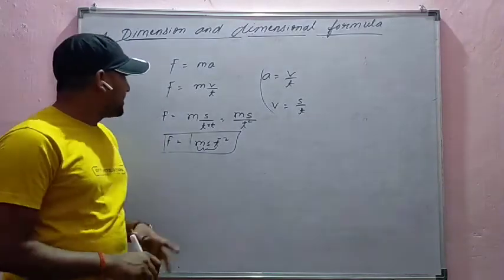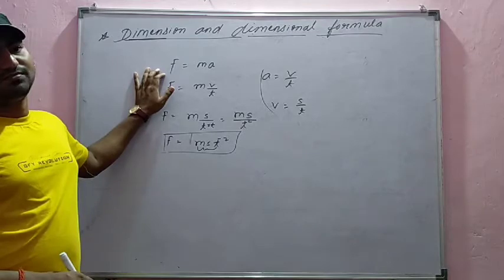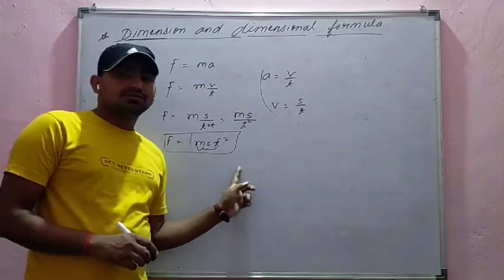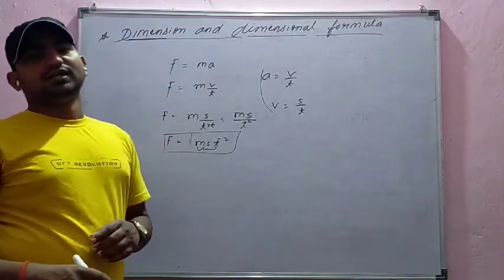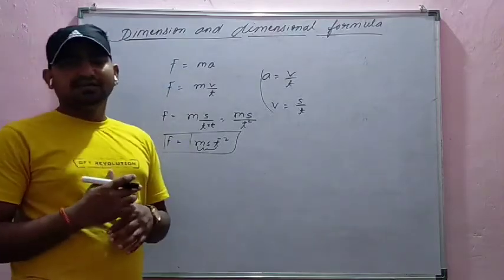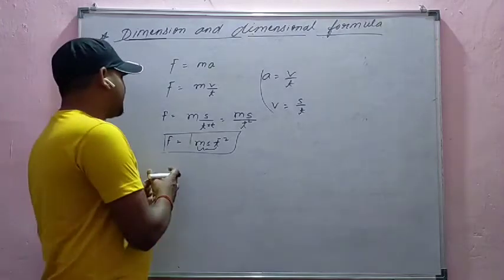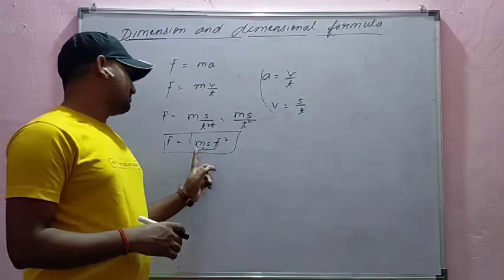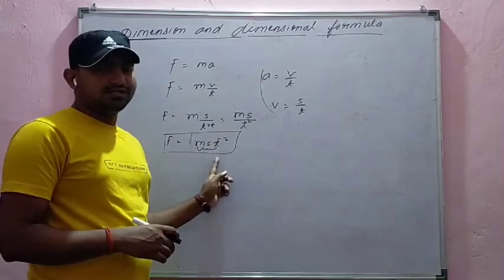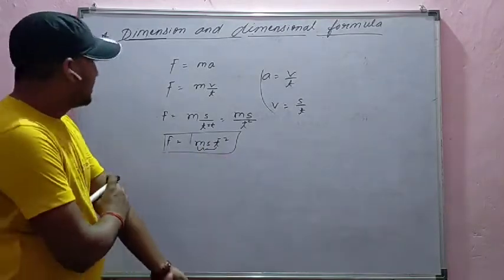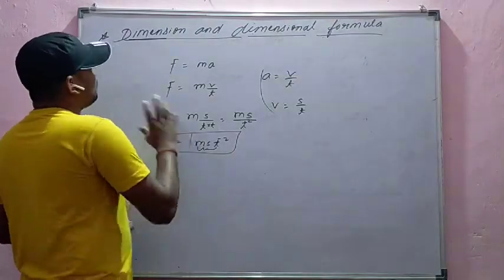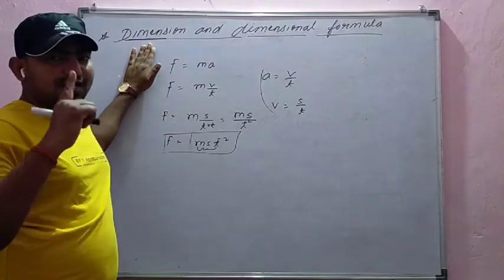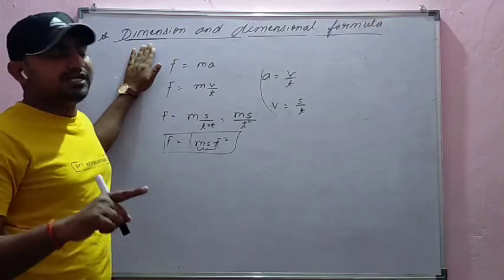Means we can say that any physical quantities have some fundamental physical quantities. We know that 7 fundamental physical quantities. तो आप यहाँ पे देख पाते हैं कि फोर्स में कितने फंडामेंटल फिजिकल क्वांटिटीज हैं? 3, मास, लेंथ एंड टाइम. And here when we discuss about the dimension, so dimensions show the how many fundamental units.